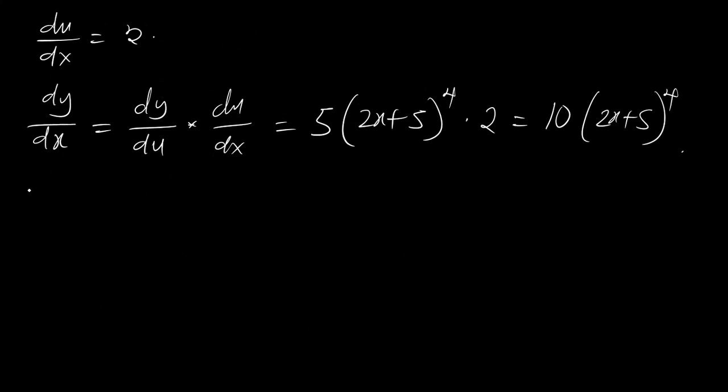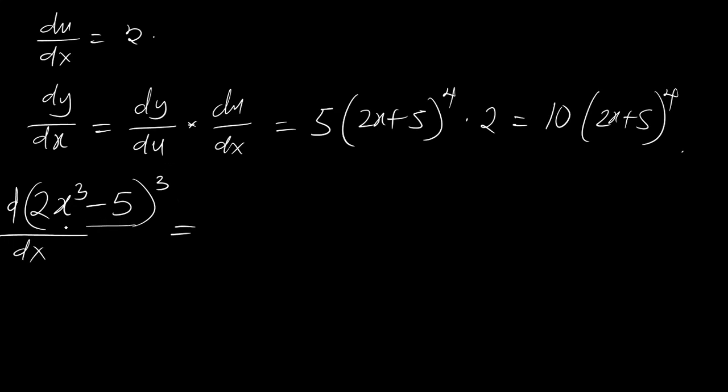Now let's look at the second question. Let's say you have (2x cubed minus 5) raised to power 3. Now we're looking for the derivative of this. This is a function, and the one inside the bracket is a function. So we differentiate the whole function with respect to the function inside the bracket. So now you have 3